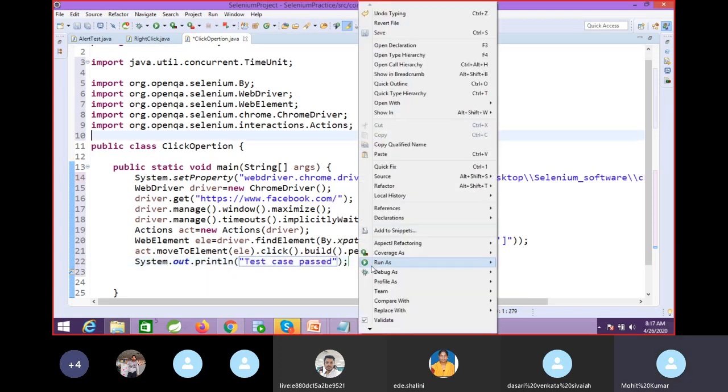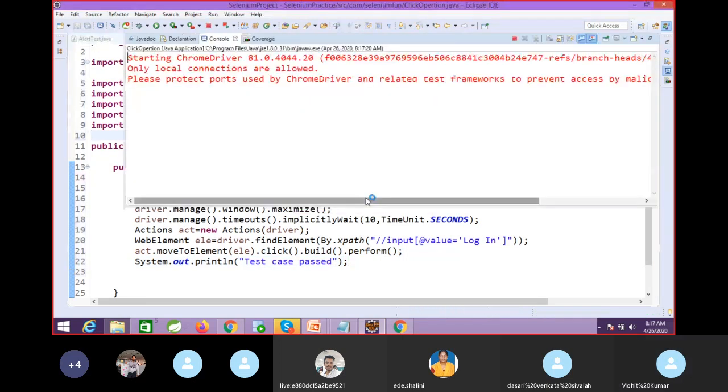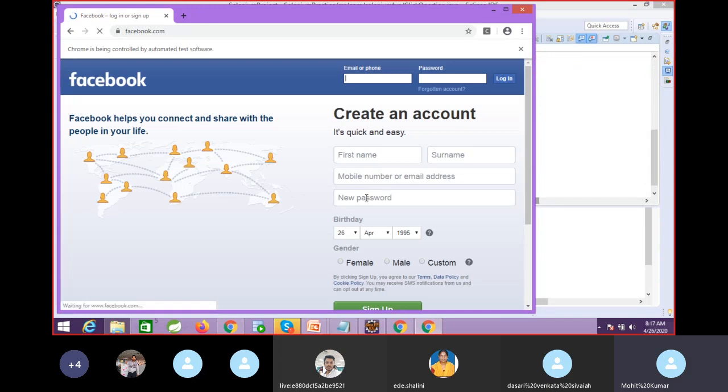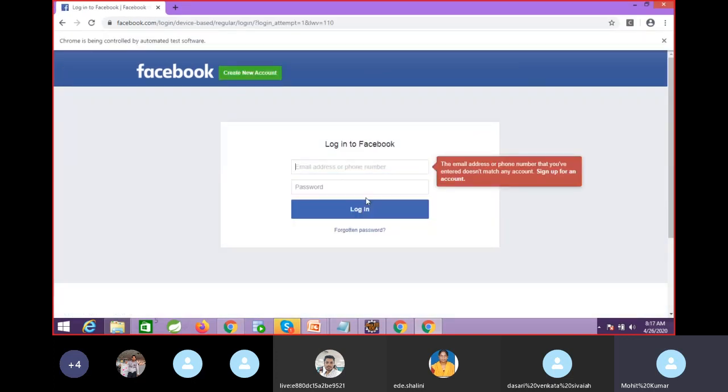Okay, so now we will execute this code. Okay, so what will happen? Mouse over, click here. Okay, so click also has a different method. Directly you can also use this. Okay, you can add this code here. You can add your username and password, click on your Facebook, and you can verify your Facebook home page. So this you have to think about.